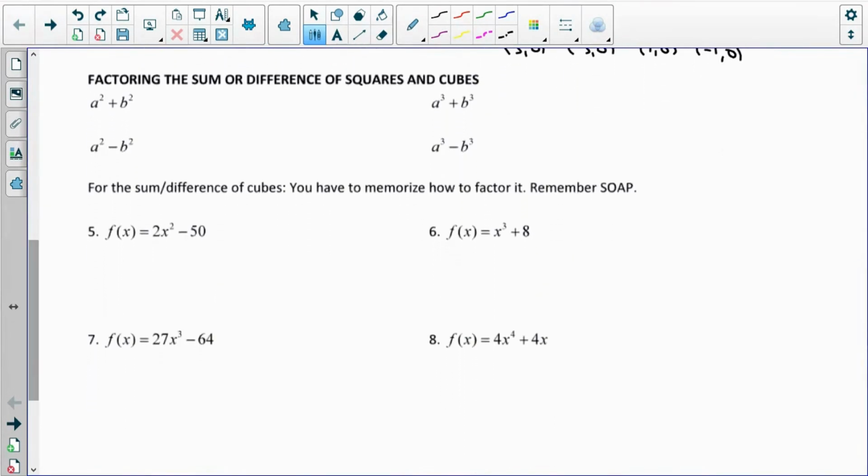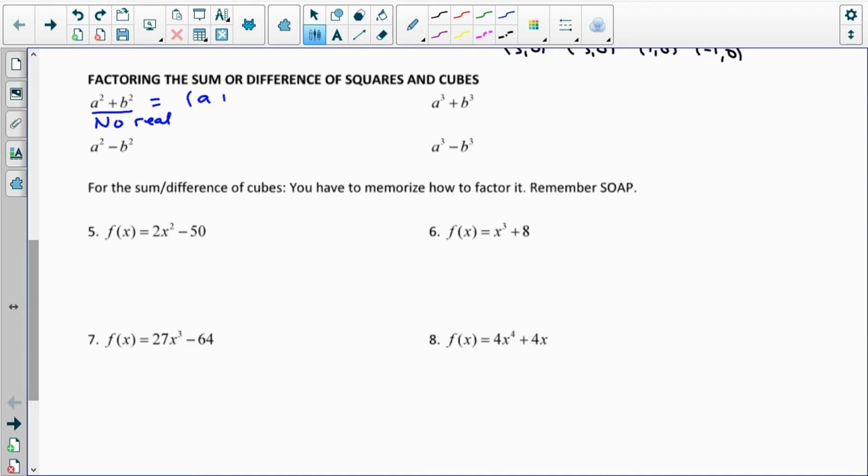Factoring the sum or difference of squares and cubes. A squared plus b squared has no real solutions. So there are no real solutions to these problems. There are no real x-intercepts, but we do remember that even though there are no real ones, we could factor